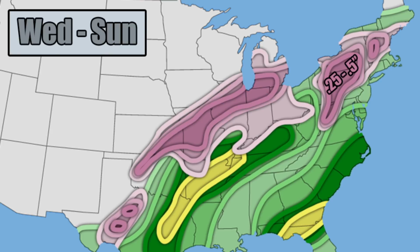Here's that quarter of an inch to half an inch of ice, and this is where it's going to be a very, very major issue. You really need to take a lot of precautions, or just try to stay off the roads in general if you live within this area, just because of all this ice that's going to be falling, and that's for portions of Oklahoma, Kansas, Missouri, through Illinois, Indiana, and Michigan, and then another area for West Virginia, Maryland, Pennsylvania, upstate New York, and then another area for southern Vermont there, where you could be dealing with some higher amounts, especially in some of those valley areas,